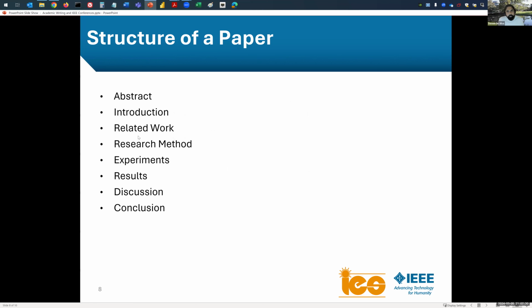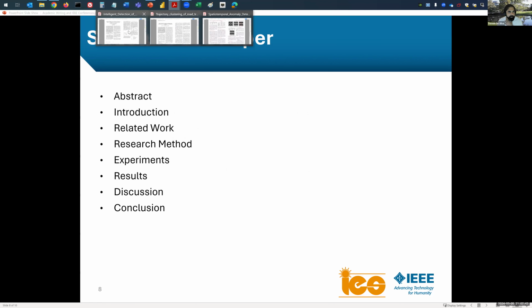The proposed methodology diagram should be in research methods. So if I go back to my slide. Research objectives, we don't say these are my research objectives in the paper. We blend it into the introduction. These are the research contributions, like I've shown in here.